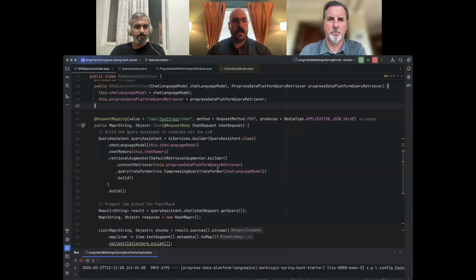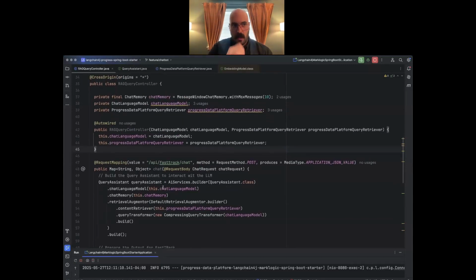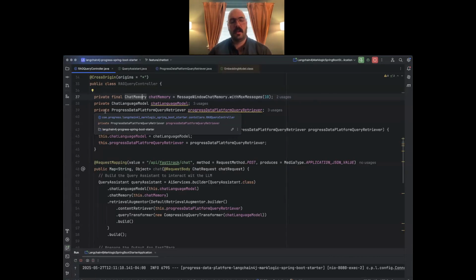So I'm actually going to jump over to an IDE now. And LangChain gives you the capability of defining and wiring in things like chat memory. So as we're interacting with our chatbot, we can understand how many messages we can retain in that interaction. Also, a chat language model. This is defined based off of the LangChain configuration. In this case, we're bringing in Azure OpenAI, where we can use these in conjunction with a data retriever that we write ourselves, right? And in this case, I created this Progress Data Platform query retriever that we'll use as